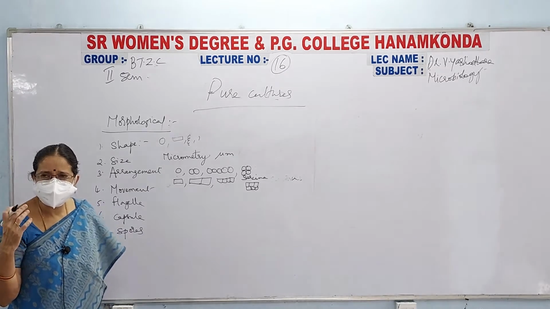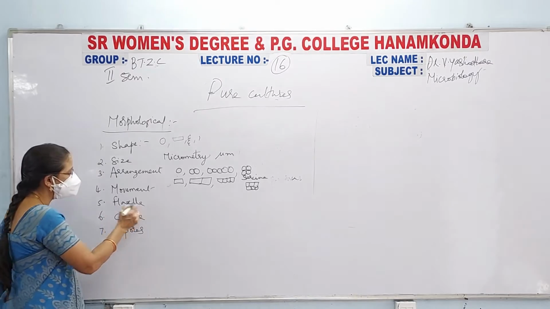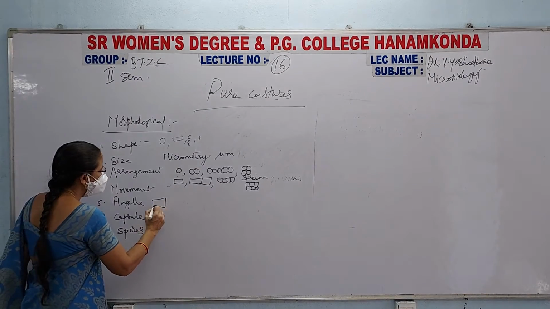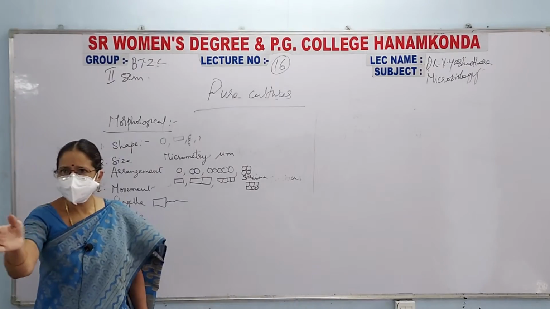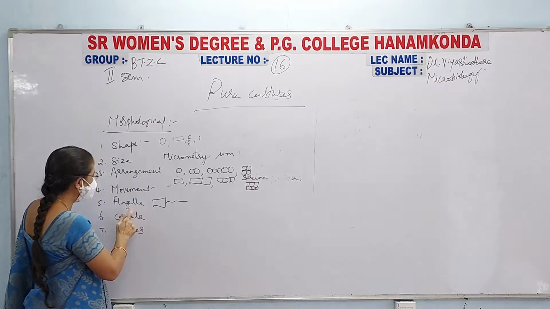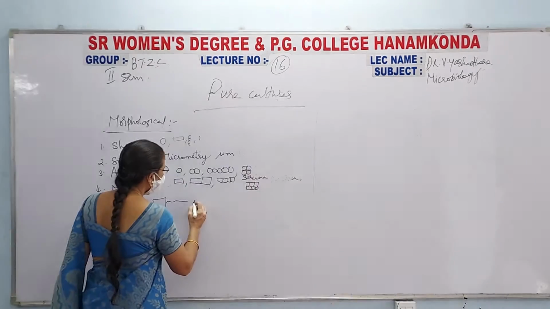What is the organ that helps in the locomotion of the microorganism? For that we will go for flagella. The flagellum is a shaft-like structure which helps in the movement of the microorganism. So for the flagella, see here,